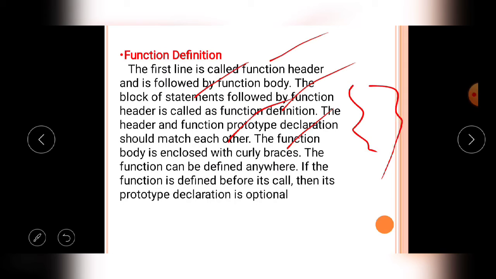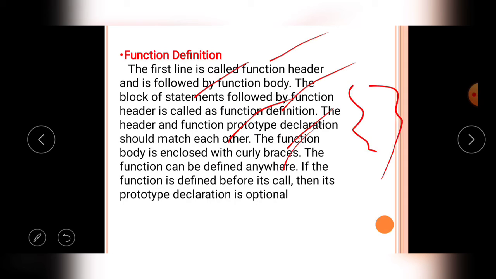Then, if the function is called before its definition, this is also a very important thing. If the function is called by the caller function before definition, which statements are executed? No statements are executed. That's why you should define it before its call, before its use.